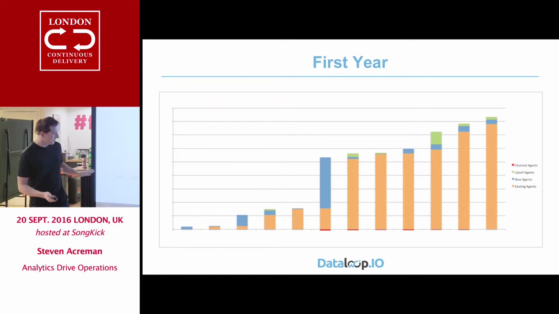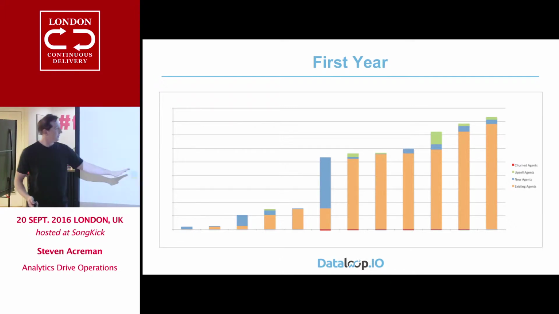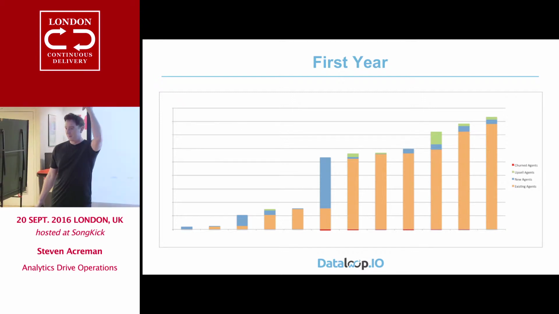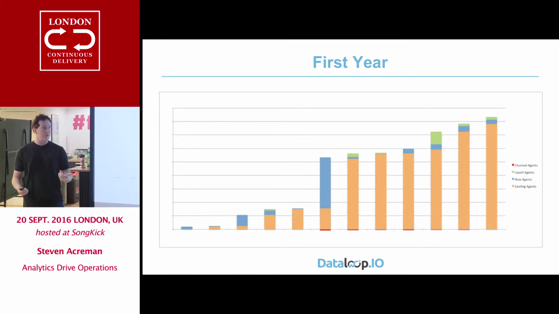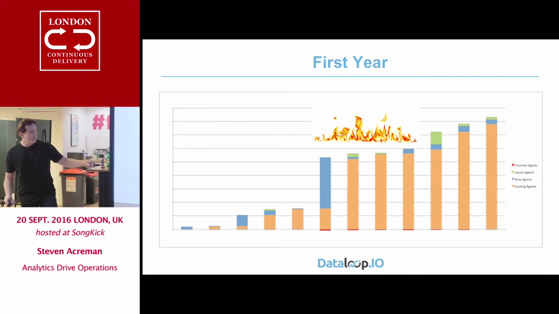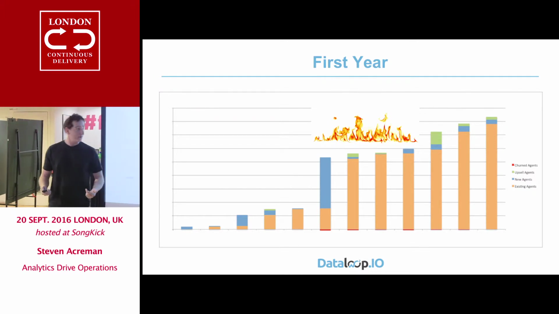So for the first year I was a bit worried about this stage because we weren't really selling much. But then we got 2 customers literally on the same day, and they were massive. We got like 5,000 or 6,000 agents all landed at once, which was really cool, but that's what really happened. Even though we'd built the Ark and I thought it was impenetrable, the rain came and it sank.